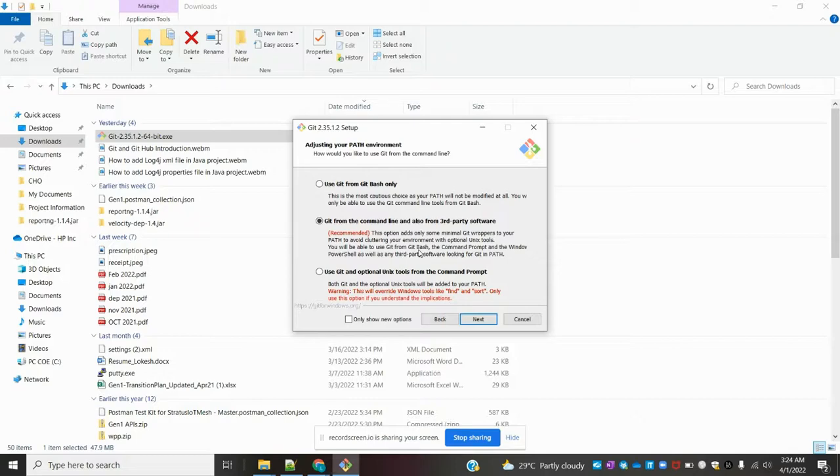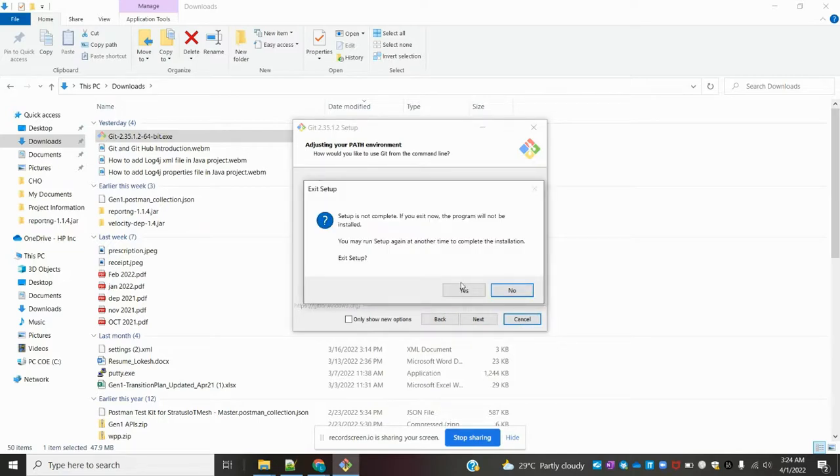The fourth one is command prompt only, with some optional Unix tools. These are optional. Most of the time we recommend these two, third party as well as command line, because in these two cases we can utilize it. Next, it will show you to install into your local. Okay, once it is installed,